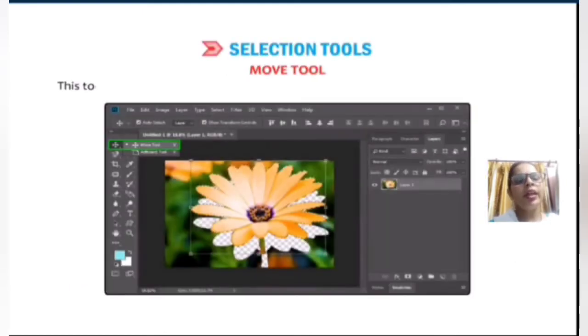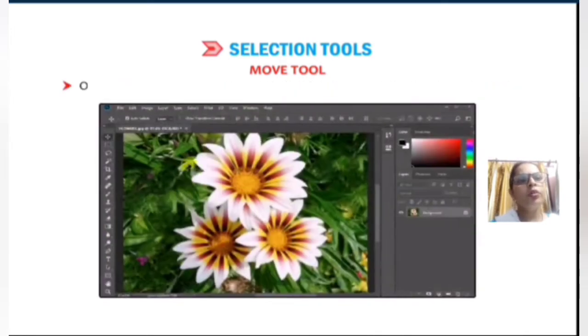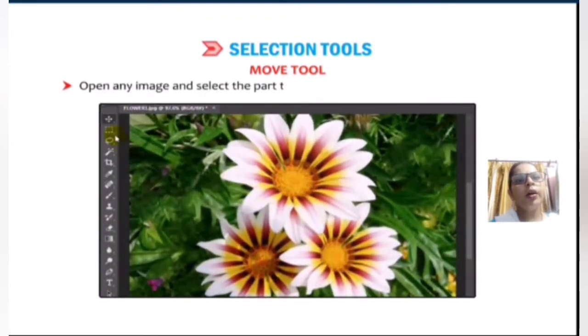Selection tool. Next is the Move tool. This tool is used to drag a selected part of an image to a new location. Open any image and select the part to be moved using the Marquee or Lasso tool. So firstly we select the object, double click at the end point.